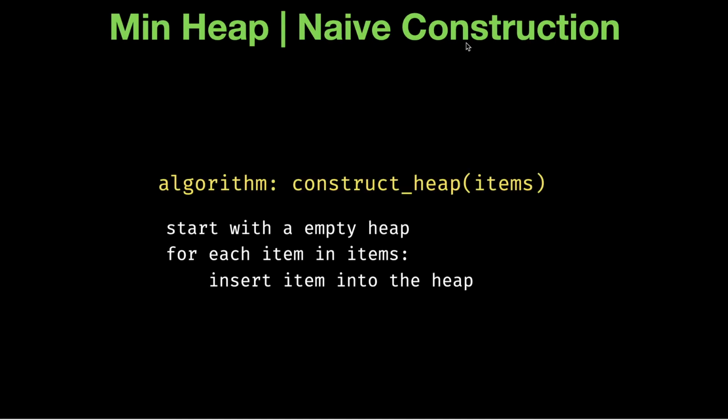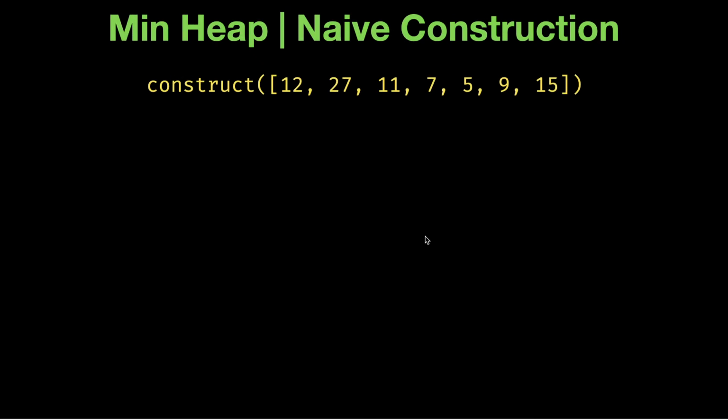So looking at the naive construction, we will basically start with an empty heap, and then for each item in the given list, we will just insert the item into the heap. We have already covered the algorithm to insert an item into the heap, so this is very simple, very trivial, very naive. And I have tried to trace this algorithm down here. So first of all, we have been passed 12, 27, 11, 7, 5, 9, 15,